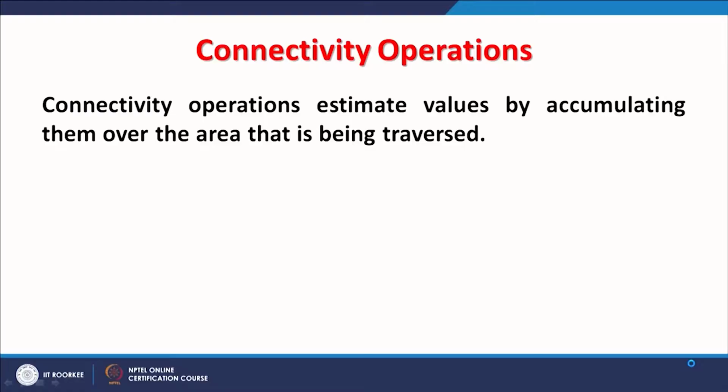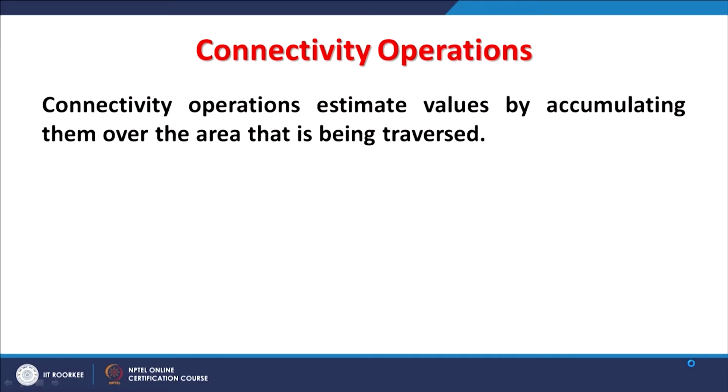As we have been discussing earlier about the neighborhood operations, and before that also the buffering and other things, now in this one we are going to discuss the connectivity operations, which are again very important, especially related with the various analysis for finding suitability for certain projects, and also from a network point of view, because that is another very good application of GIS in network related things. So, we will be going through this discussion about the connectivity operations.